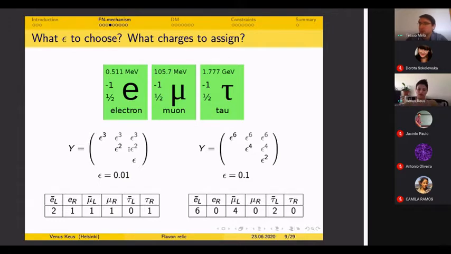Then, depending on what you want to do with your Froggatt-Nielsen mechanism, because the very first time we actually wrote a paper on this, we were trying to describe the Higgs to mu tau excess that was observed at the LHC. But with a gauged U(1) symmetry and predicting an extra neutral boson, let's call it Z prime, there are so many constraints on the mass and the couplings of this Z prime that you basically have to,